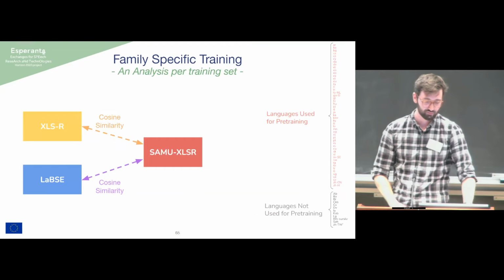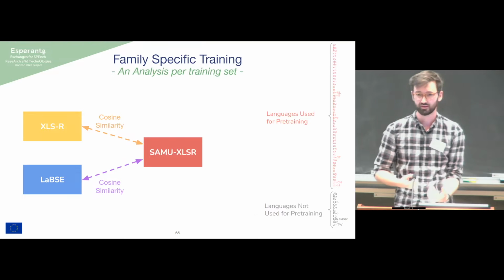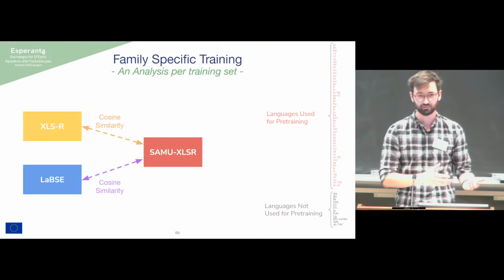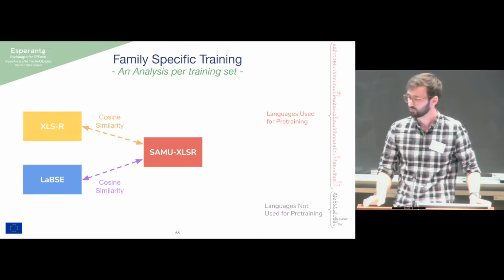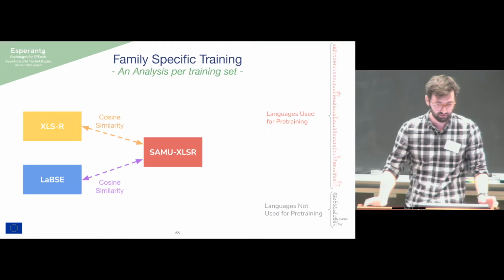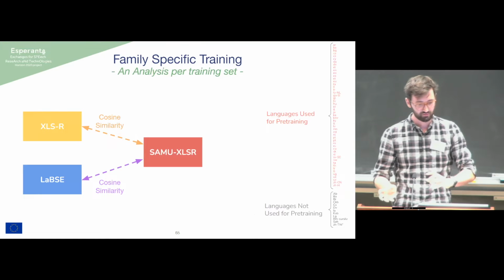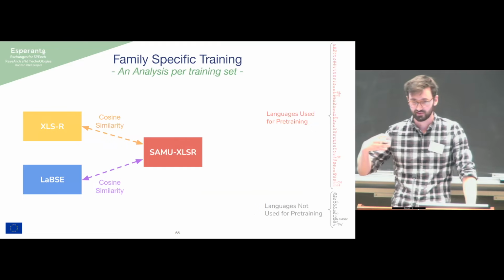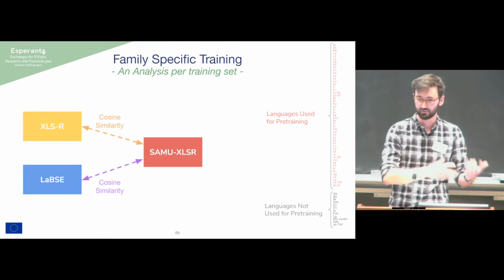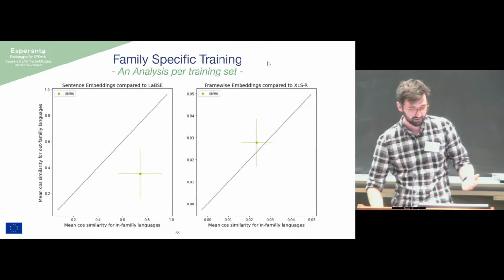So now we wanted to push a little further on the analysis to understand why we have such poor results, and why the Indo-Iranian model performs so well. So we came back to our cosine similarity metrics to measure the distance between the fine-tuned model and its original model, for the languages that were used for pre-training and the languages that were not used. The dataset is a bit larger. And here I'm going to present this.